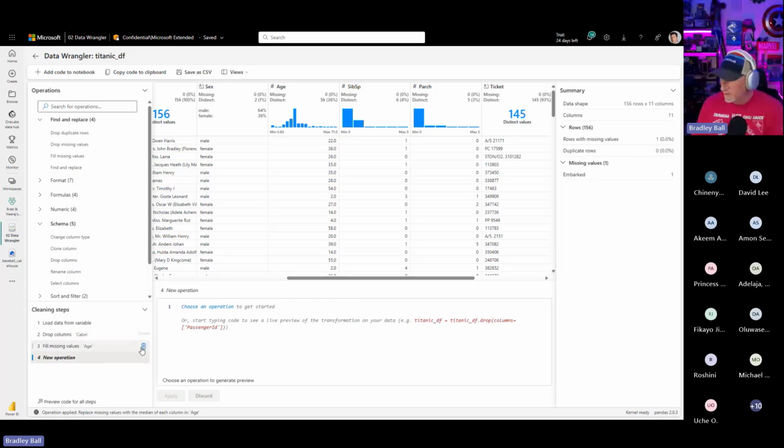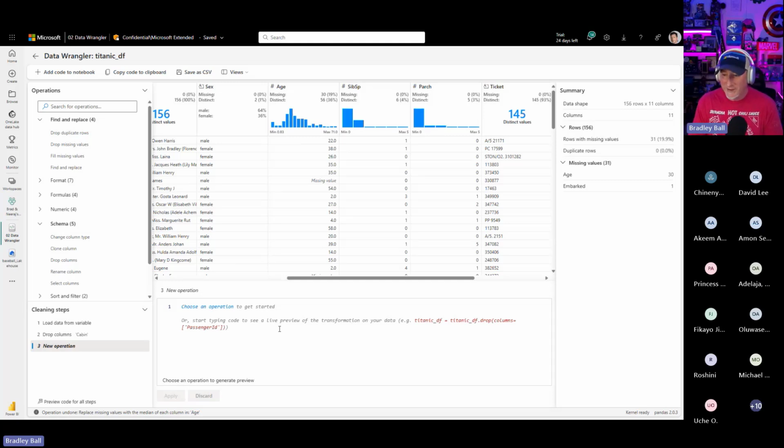So I'm going to come up here and discard that, just like we have in Power BI. We have the capability to discard something. So Data Wrangler is the GUI interface to Python like Power Query is to M. Very similar. There's a lot of powerful capabilities that you have in here, and as you can see, it will build that code for you. That's the way I like to equate this, and I'll show you in a moment. But when we finish this, it will import all of this code into the notebook.